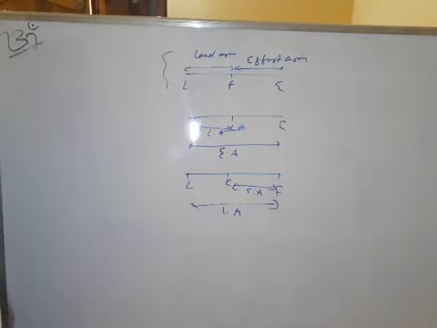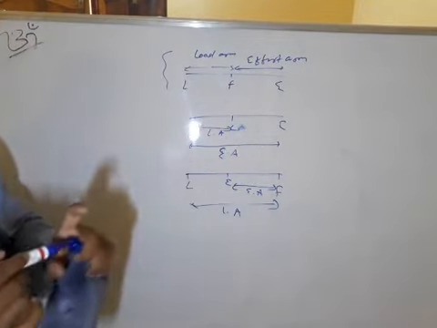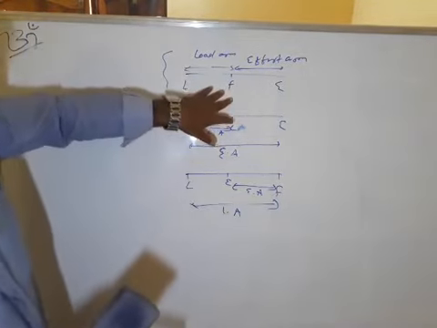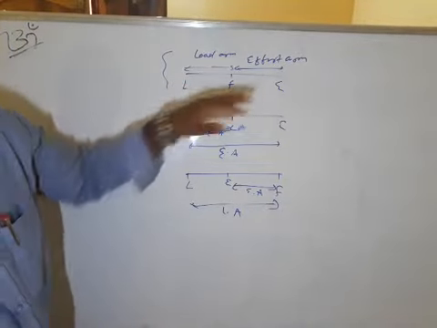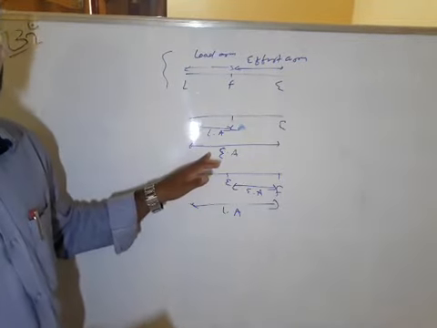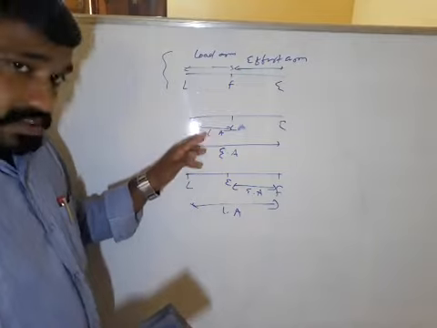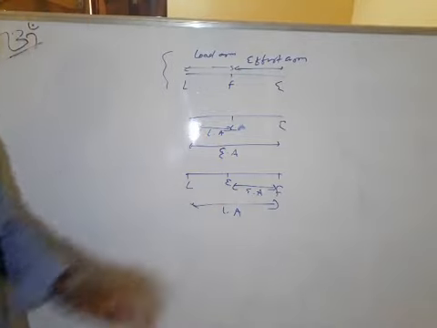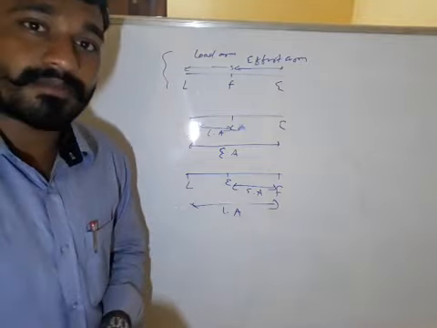In class 1 lever, according to the position of the fulcrum, maybe the load arm is greater or the effort arm is greater, and maybe they will be equal to each other. But in class 2 lever, always the effort arm is greater than the load arm. In class 3 lever, always the effort arm is smaller than the load arm.